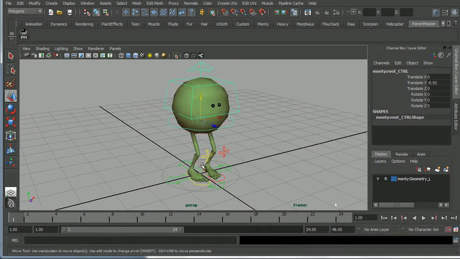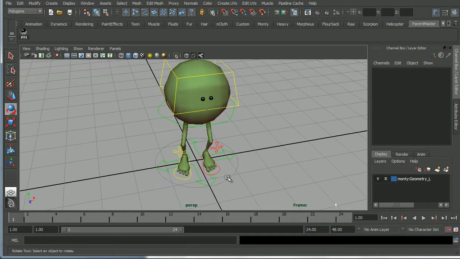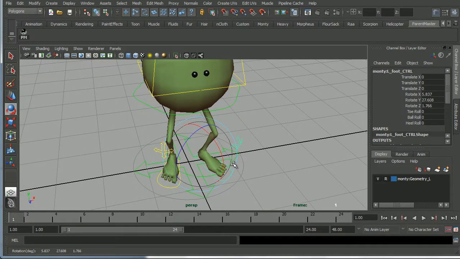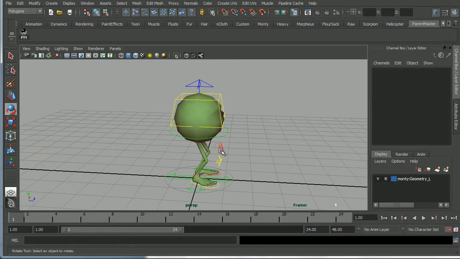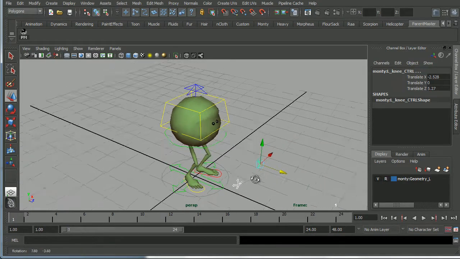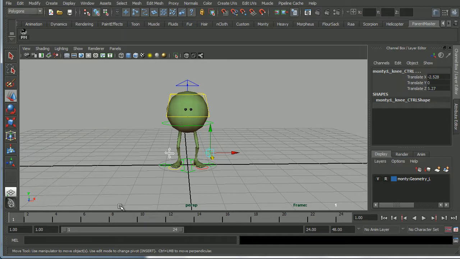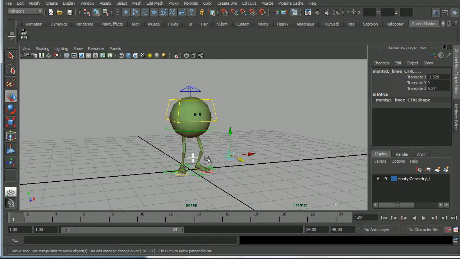Now I'm going to hit the space bar and I'm just going to adjust Monty's feet so his feet aren't pointing out quite so much. Whoops. Holding down the shift key so I only rotated in one channel there. And that looks good. And then I'm going to grab these pole vectors and I'm just going to move them in front of his knees just to get them out of the way a bit, just so that the pole vectors don't mysteriously behave oddly or get in the way. Okay, so